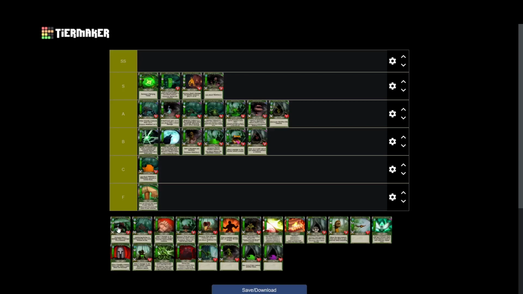Whether you attack with it or you activate its ability on each other, they just murder each other. They suicide on each other, which is okay. It's something. But